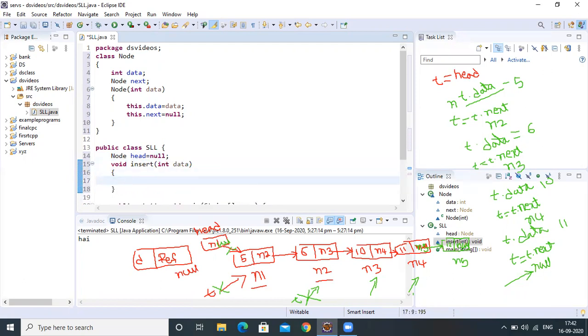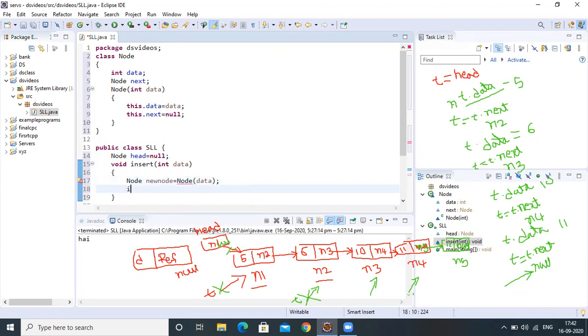First create the node. Here we are creating the new node by creating the object for the Node class. Now I created the new node; where do I need to insert it?